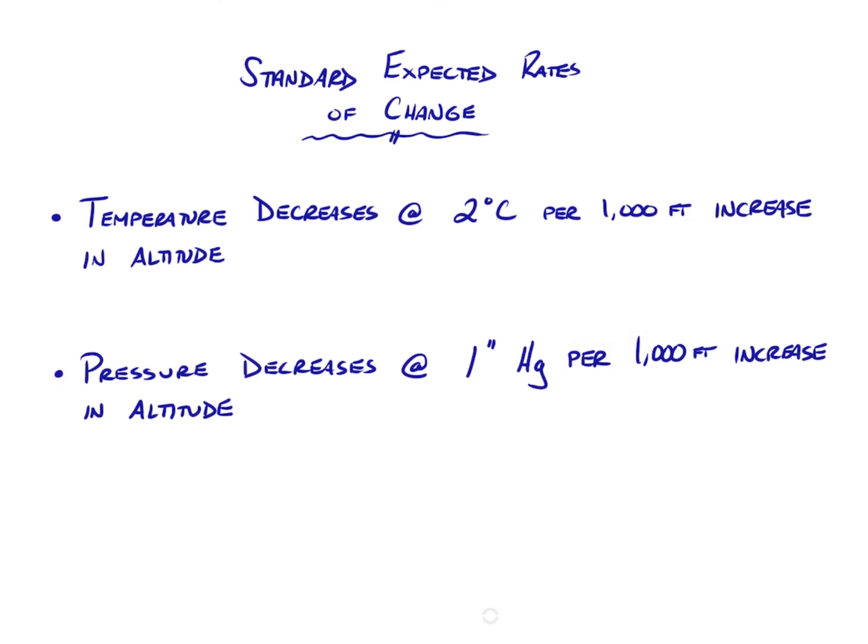So these equations are all based on standard expected rates of change, and in general, temperature decreases by about 2 degrees per 1,000 feet you increase in altitude. So the higher you go, the cooler it becomes. And then the higher you go, the pressure also gets lower. So pressure decreases by about 1 inch of mercury per 1,000 feet. So we know the standard, as we said, was 29.92 at sea level. If you go above sea level by 1,000 feet, you're going to decrease by 1 inch. You can assume